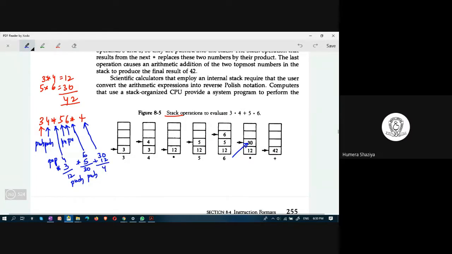So now it is 42. 42 is pushed into the stack. Exactly. Sorry, it is push. And it starts reading further. There is nothing further to be read. It stops and returns 42, which is the right answer for this expression.